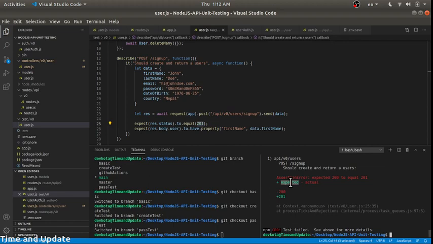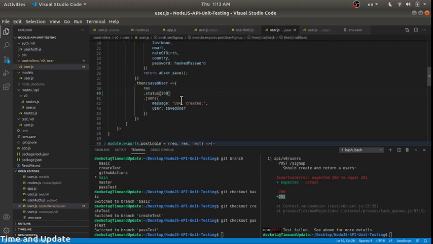We expect 201. The actual is 200 and we expected it to equal 201. Okay, so we get the error. In this way we can find out if anything goes wrong with our application. Okay,